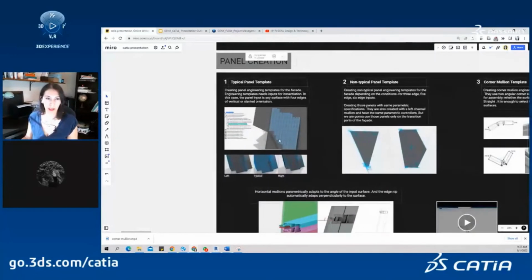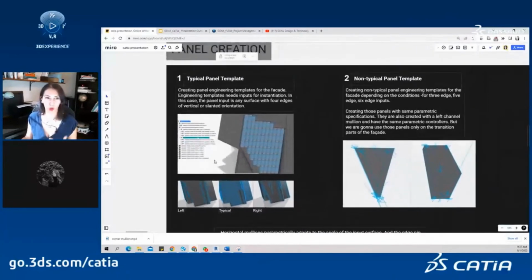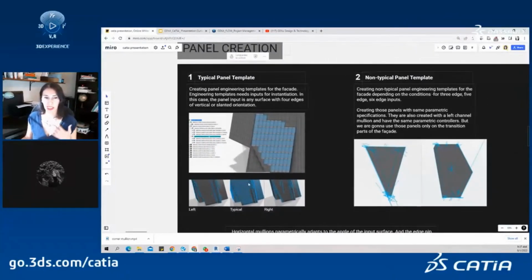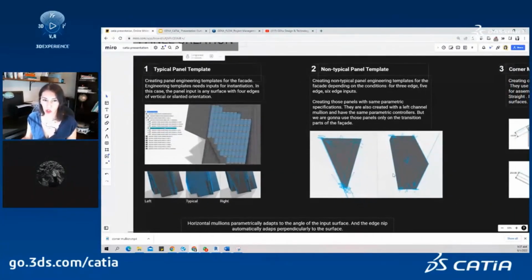So getting a little bit more in detail here, for the panels, we are able to create lists of items to categorize our information. We want to split the surfaces to left, typical, and right conditions on the surfaces as a basis to start. Those split further into spandrel glazing versus glazing, and from that we also define non-typical conditions by looking